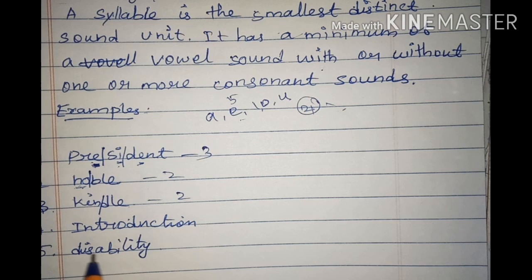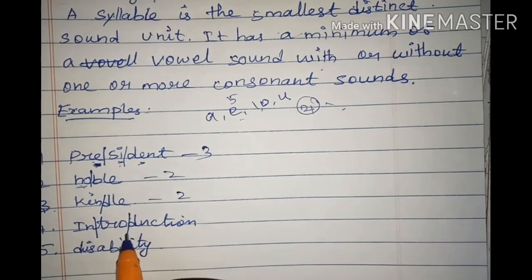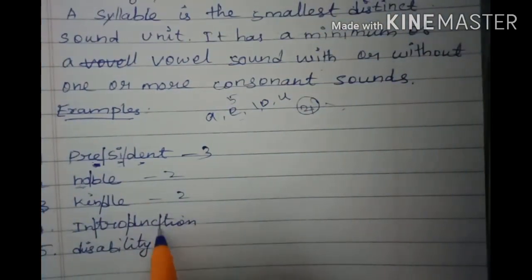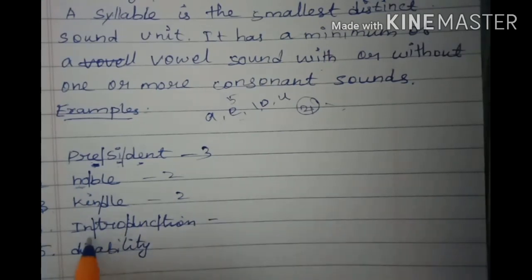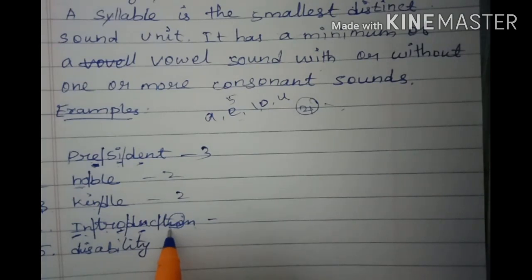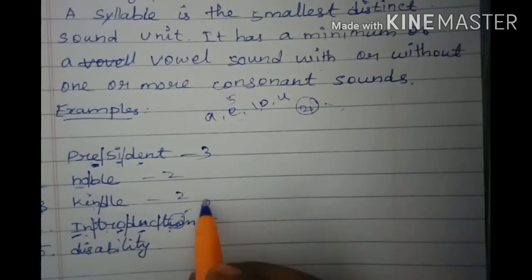Okay, see next, introduction. Here they have given some four-letter syllables. It means duc is one, and tion is one. In is one, tro is one. Introduction. Here also they have I as one vowel, o also a vowel, u also a vowel, then io also vowels. So while two vowels are joined, as in io, it is called a diphthong.